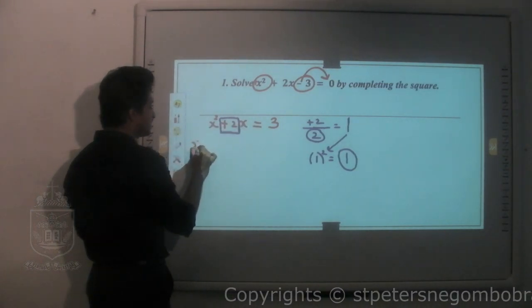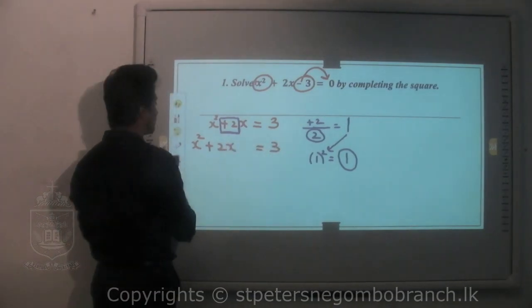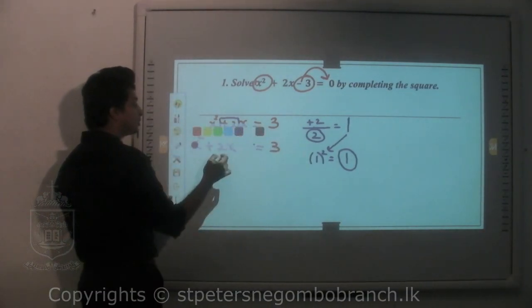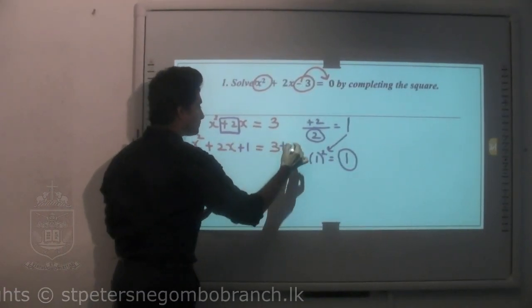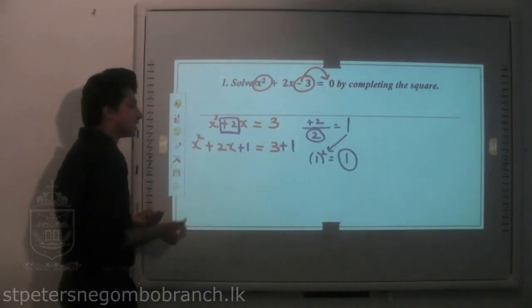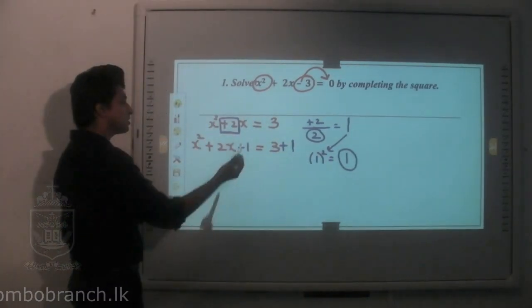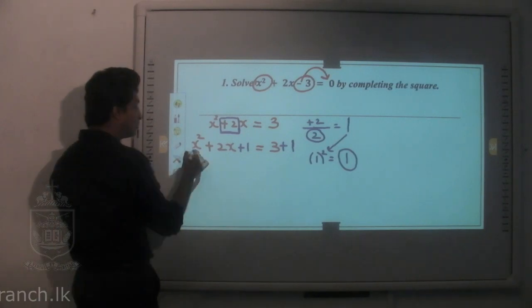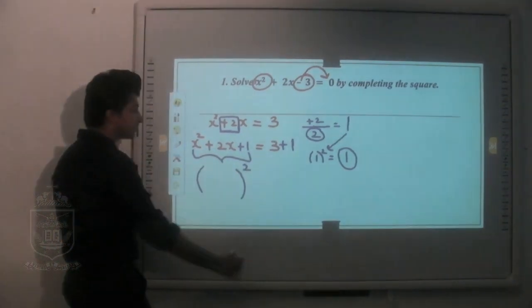you previously had this equation x squared plus 2x equals 3. Now I am going to bring this value and add to both the sides. After squaring you will get a value. Take the value, bring it to the equation and add to both the sides. Now this side of the equation I can write as a perfect square.